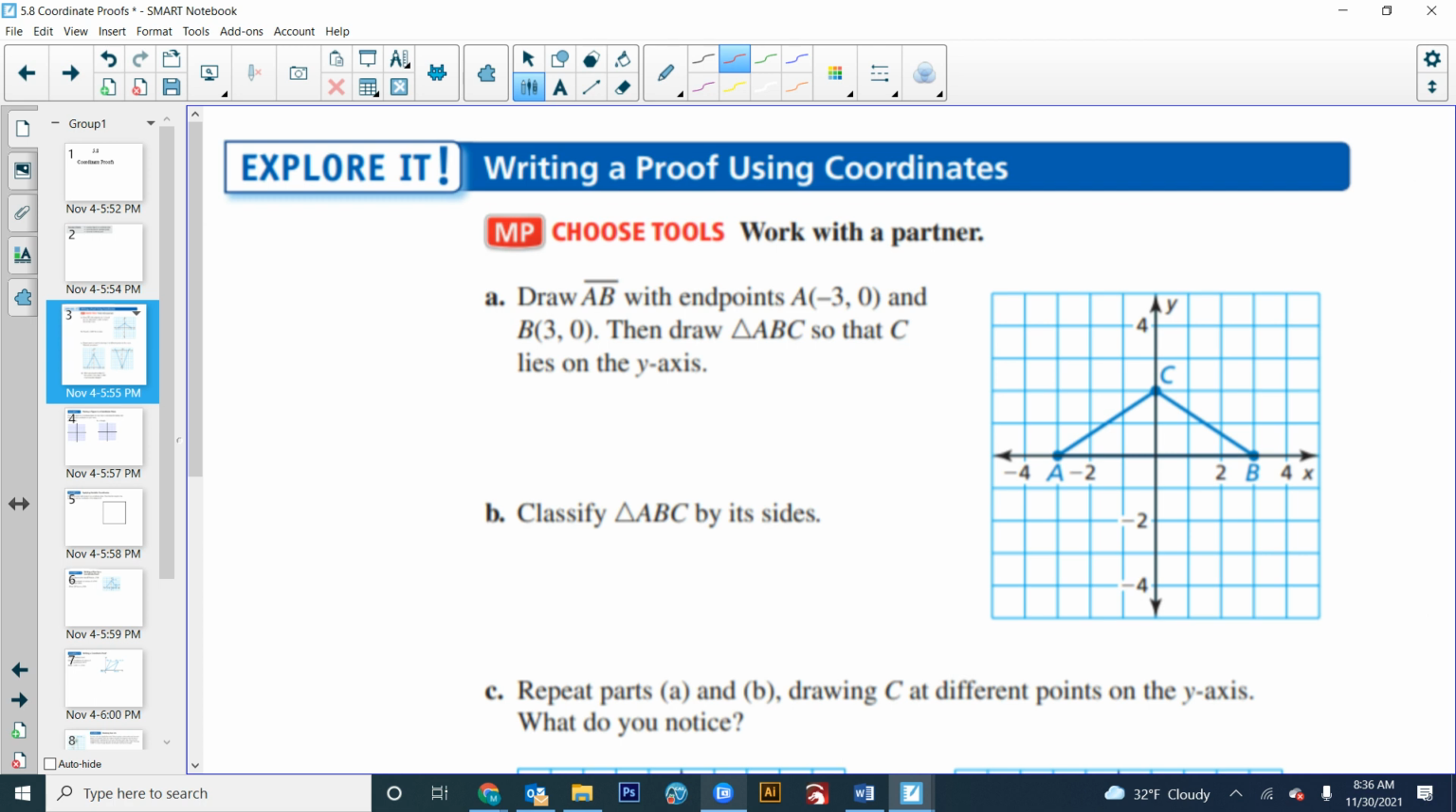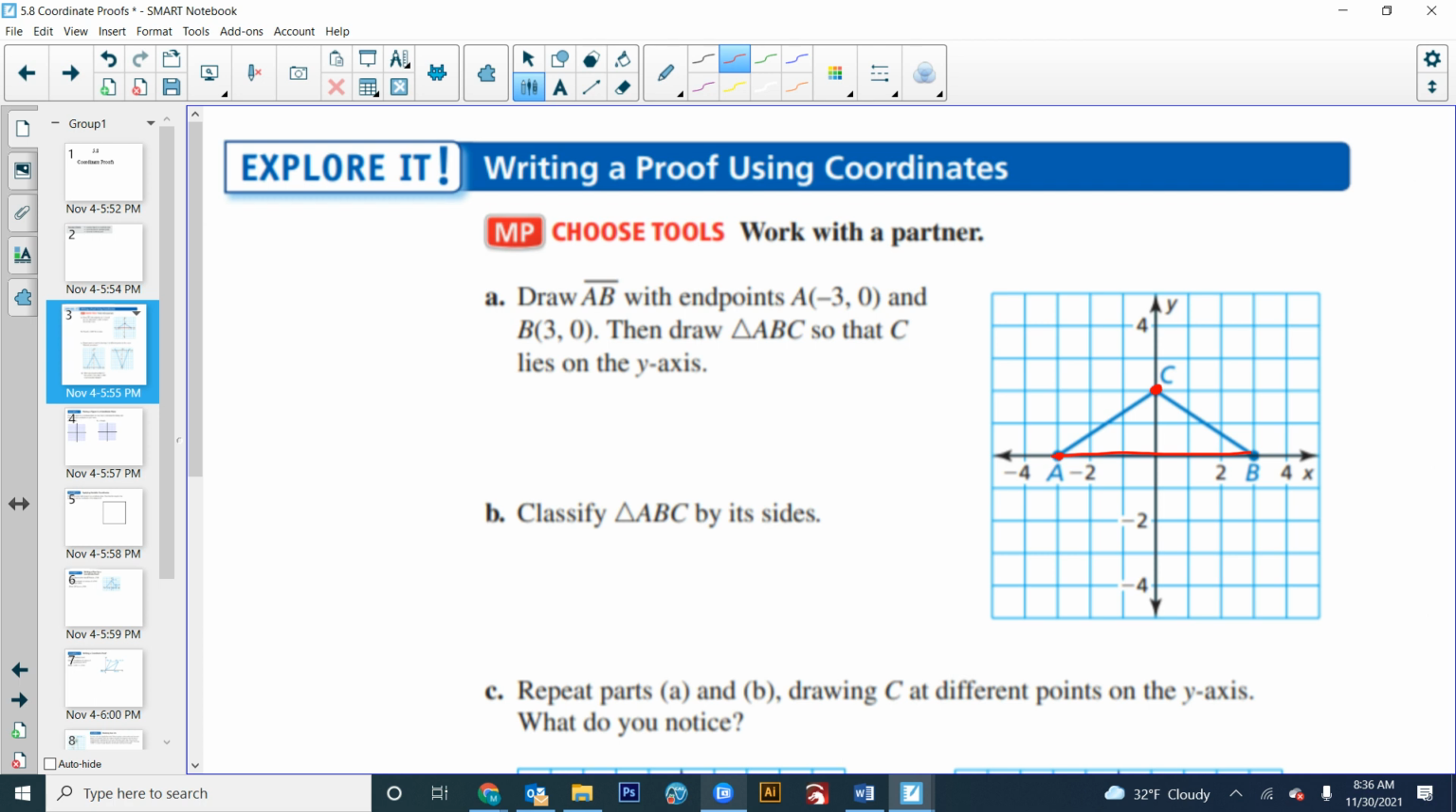The distance formula. Distance formula? Do you agree we all know the length from A to B? Everybody's picture A to B is the same. What's A to B? 6. Good. Now, depending on where you put C,